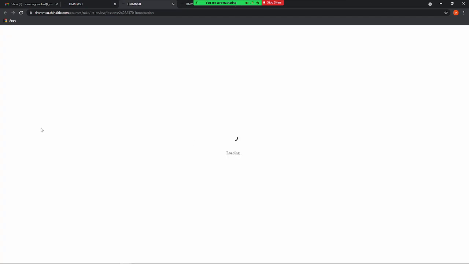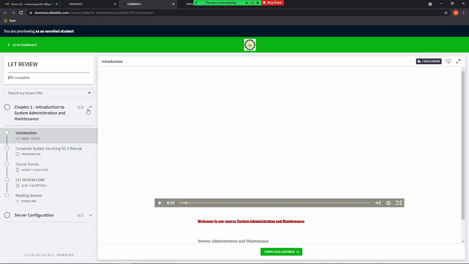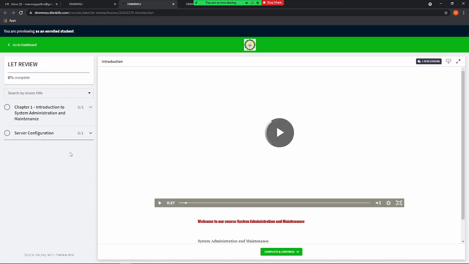So we have now, previously we have chapter 1, so pwede natin i-collapse. We have 5 lessons under chapter 1, and then we have chapter 2 which contains 1 lesson only. So nandito po lahat ng list ng chapters for our online course, and then the student have now the insight agad. No, magkakaroon na siya ng idea. We have 5 lessons after chapter 1. Then pag kinlick niya, say this is a video, this is a presentation, meron siyang survey, and then there's a